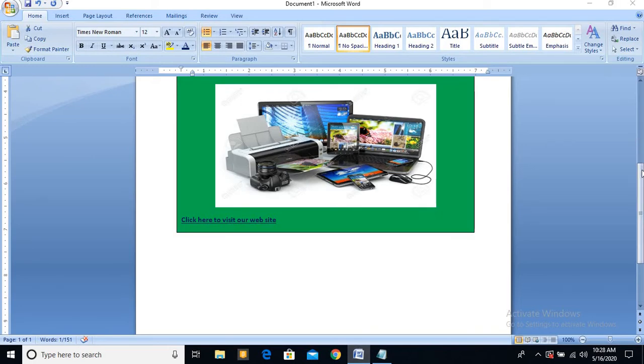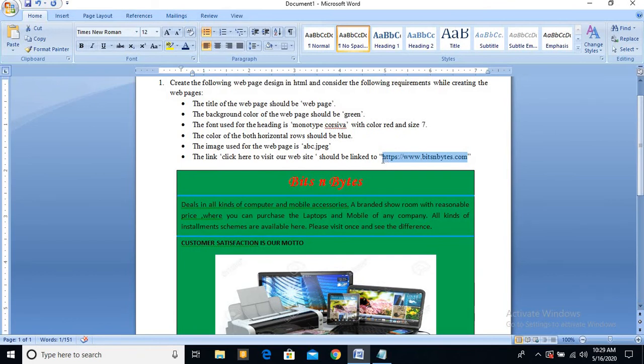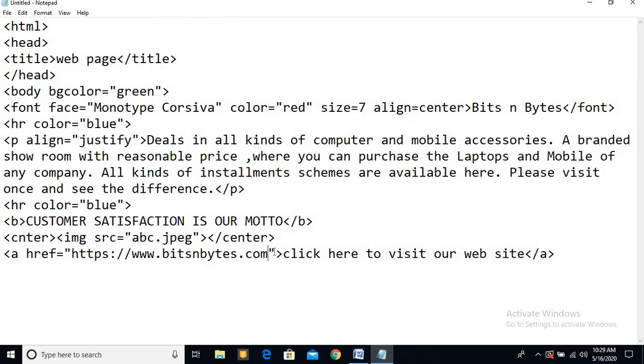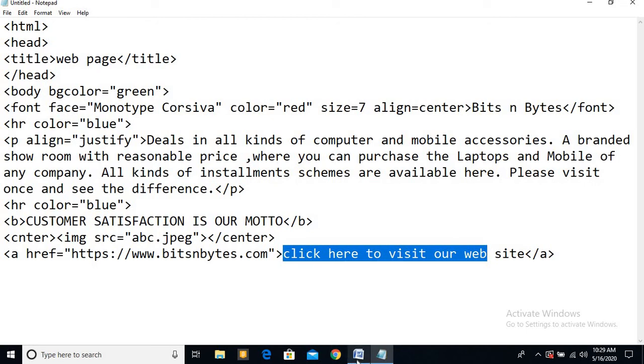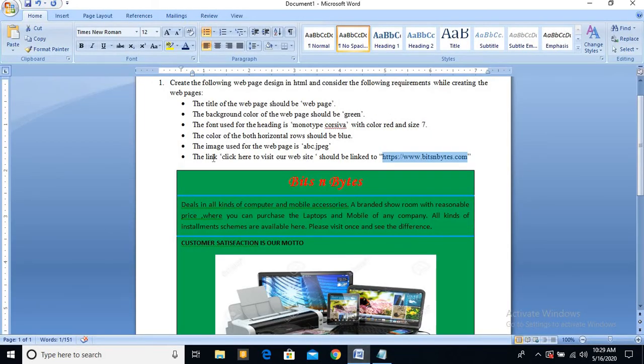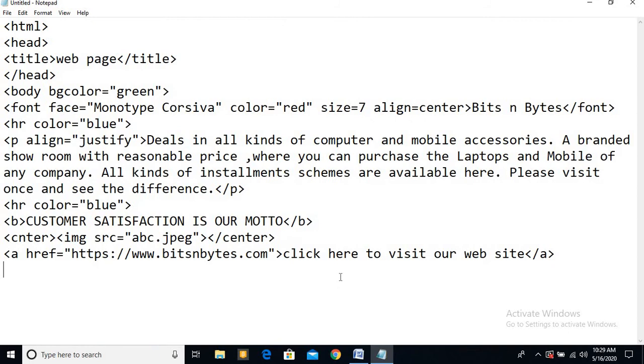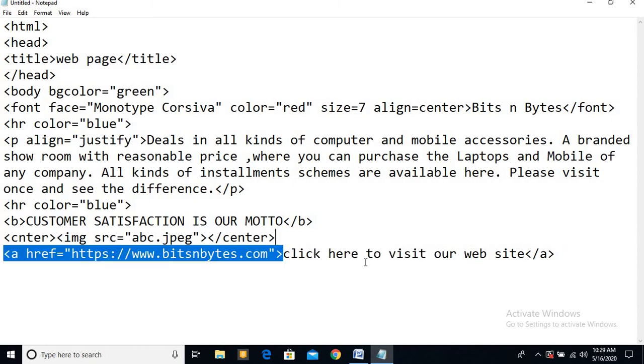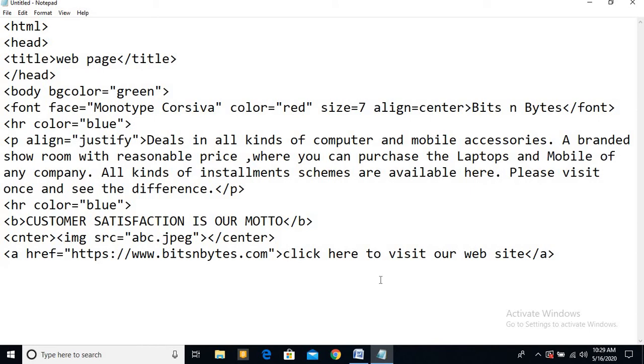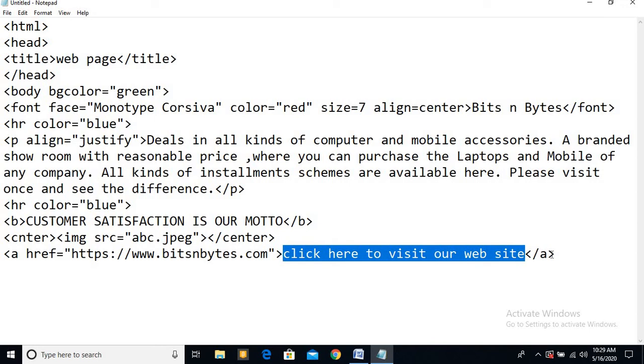If you see, in the paper also you have to write like this, href the particular address which is given to you, which I copy pasted here, then double quotes, then link name. After that complete this anchor. After that, here your link name will come. The link name is given in your web page, click here to visit our website. It should be in the opening of A and closing of A. In between the link name, which is written over there, will come. So this is the link name. Then you can close the anchor tag.